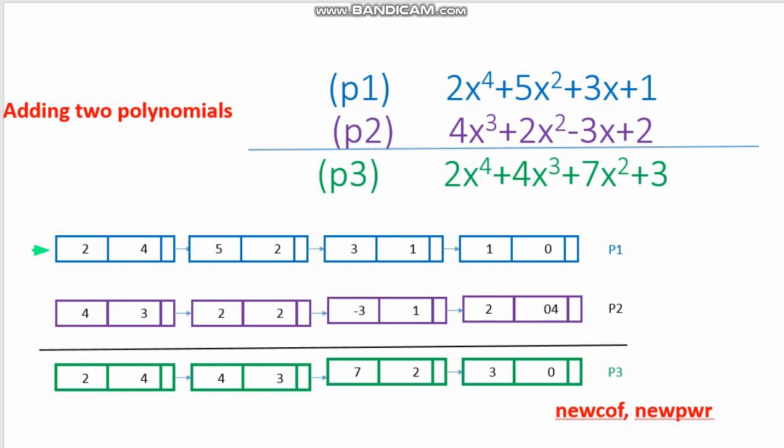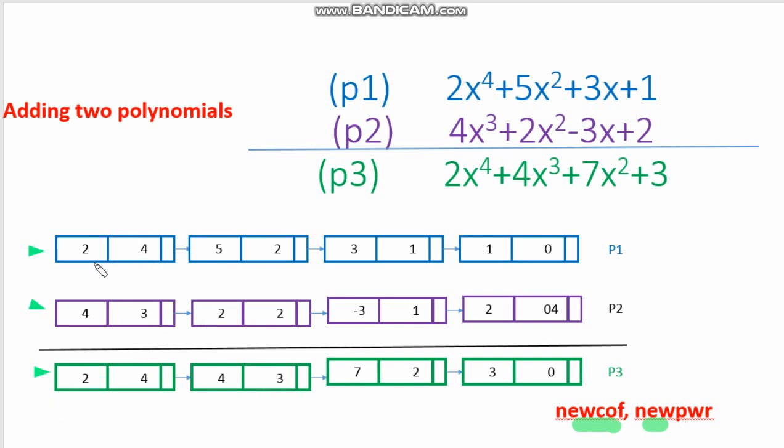Now let us see how we take care of the case of these two polynomials and this resultant. How will we take care of the condition of a term in the resultant list becoming 0? What we are going to do is use, each time, temporary variables: integer new coefficient, new power. So every time we are getting a value here, for example, we are going to check if